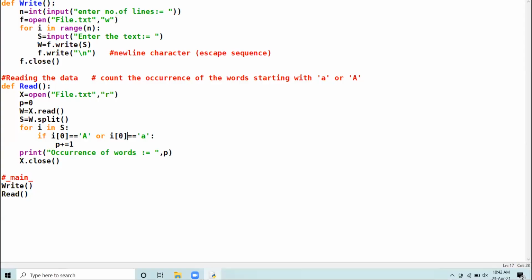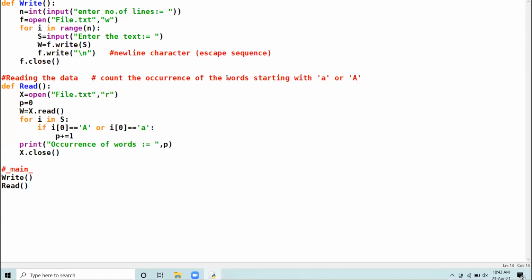Now let us start the new concept, how to move line by line. Character by character is okay, word by word is okay. Third category in the text file, movement line by line. Whenever you are to move line by line, first of all, you are not supposed to take this split function. Eradicate it.